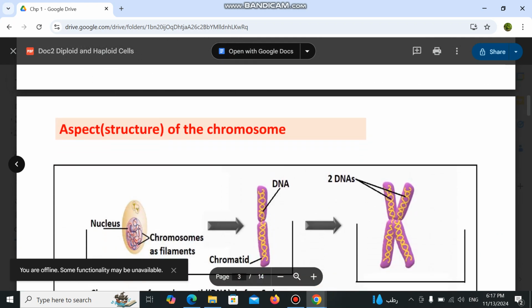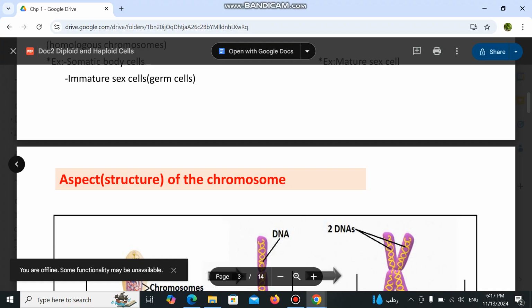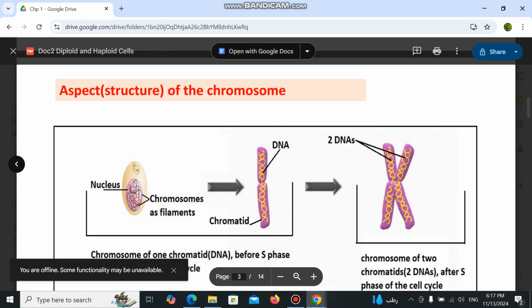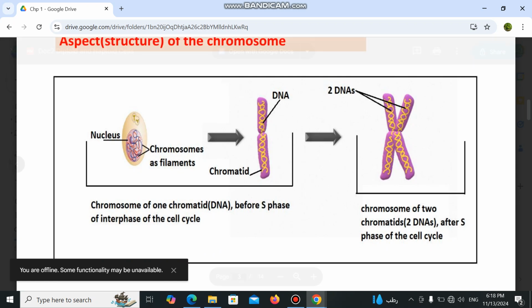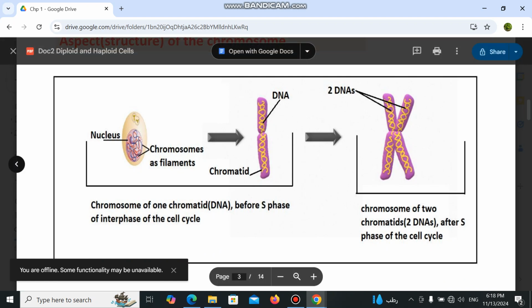Now we will observe the structure of the chromosome. As you know, chromosomes are arranged in the nucleus of the cell. During the cell cycle, sometimes the chromosomes appear as filaments of chromatin, and during cell division, the chromosomes appear as condensed structures. So if we want to observe a chromosome inside the nucleus of a cell,